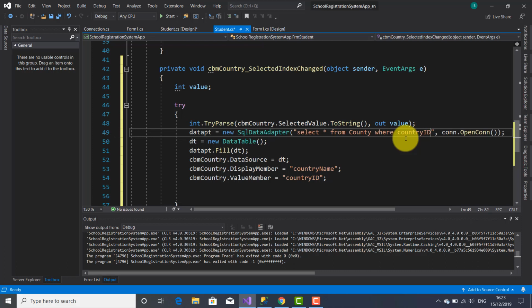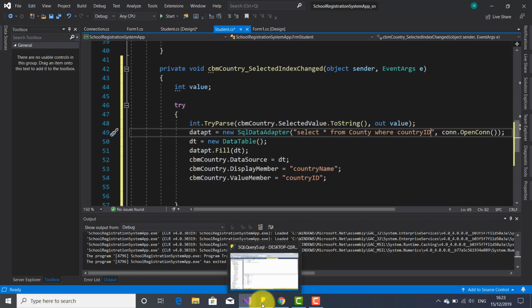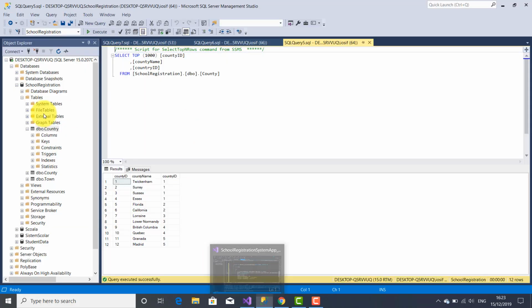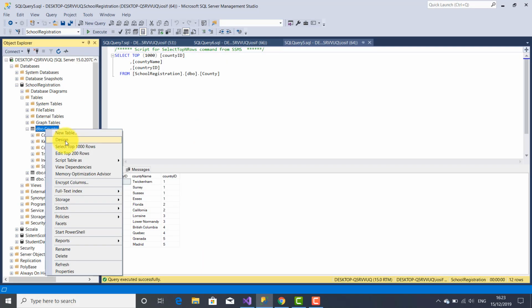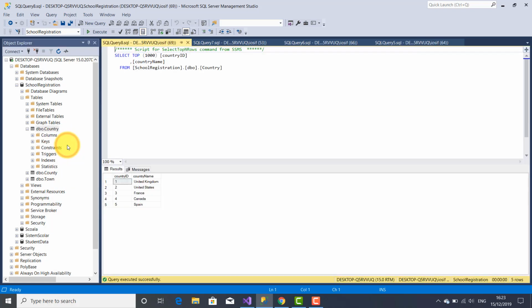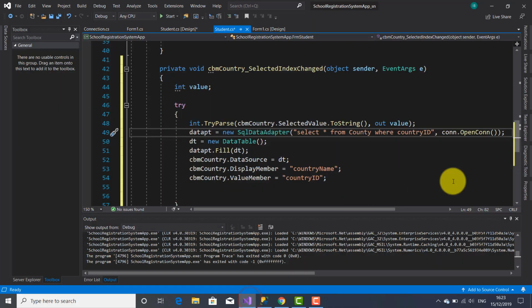I think that was the primary key for a country. Let me select the country table. So this is the primary key of the country table, country ID, which should be equal to